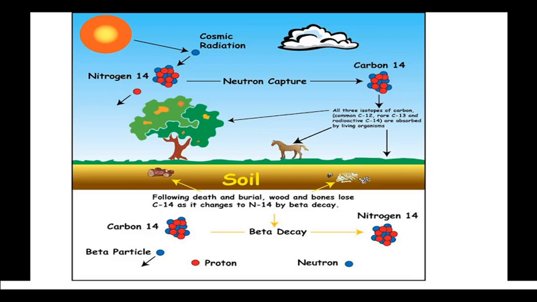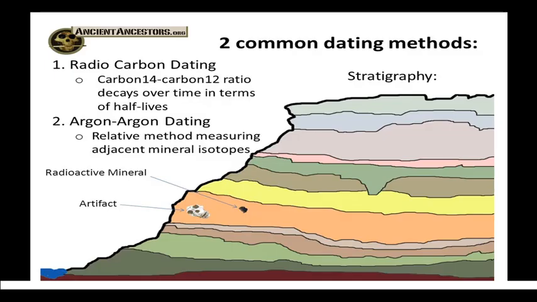Now whenever we get a fossil or a dead material, we will calculate this ratio again, and on comparing with the constant value we can determine the age of a fossil. So that is the process of radioactive carbon dating. And there is one more method which is known as argon-argon dating, which is not in the syllabus, but we have to study only about this radiocarbon dating.